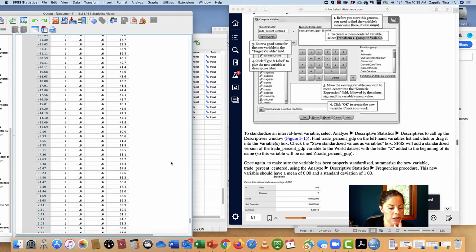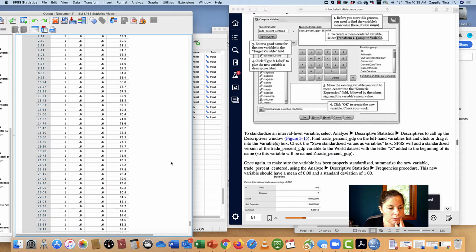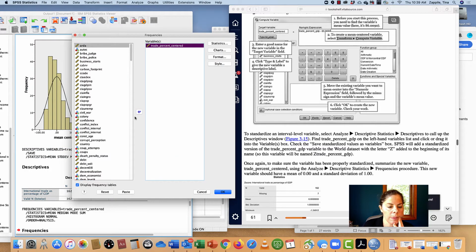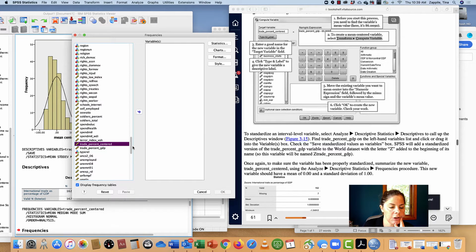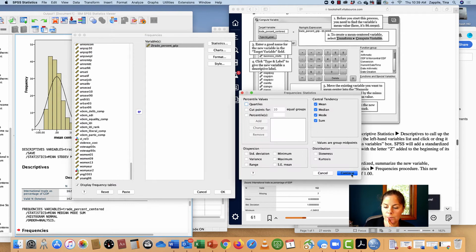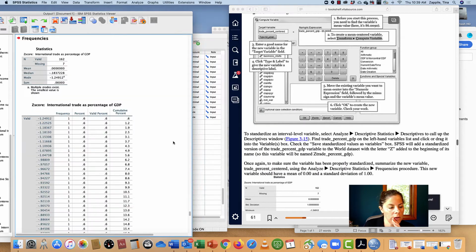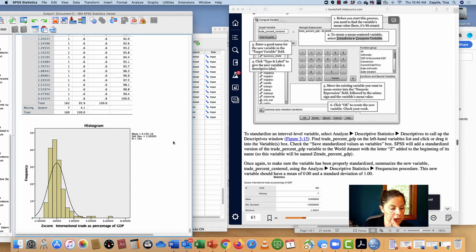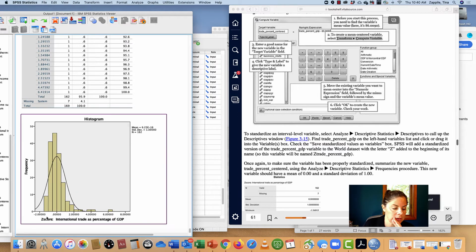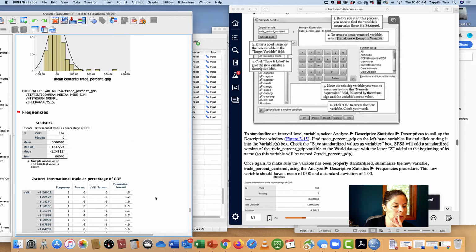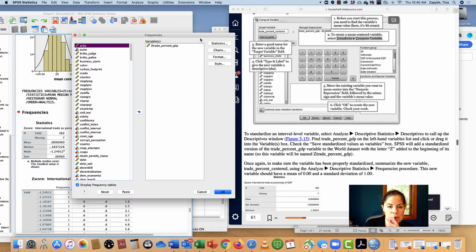So the new standardized data. Oops, and actually I think I did the same one. So let me do that again. I did. So let me get rid of that. So I want to do my standardized. So it starts with Z, so Z trade, standardized. So on your Z score, it looks the same, but you can notice the values are now quite different, right? And when you go, you know you did it right. I actually have to click my mean again. You know you did it right